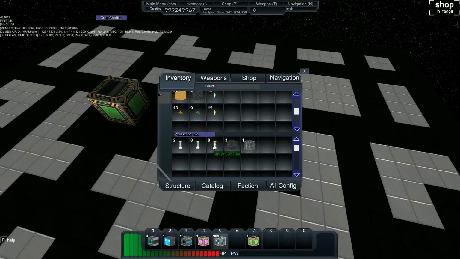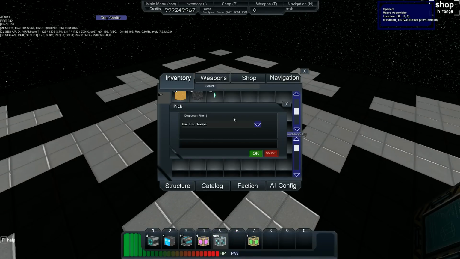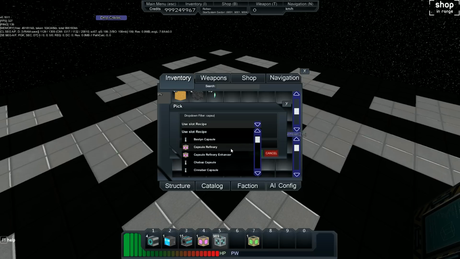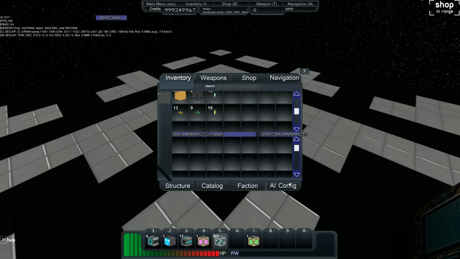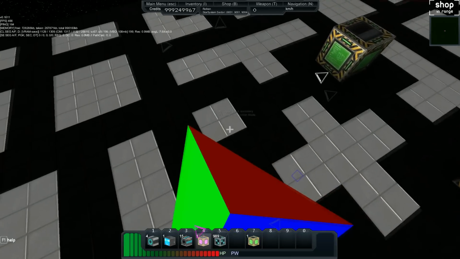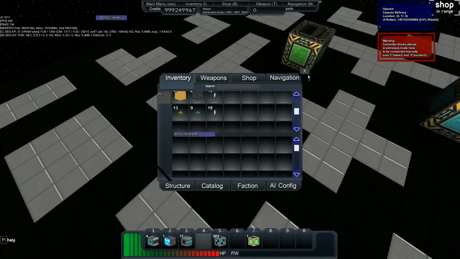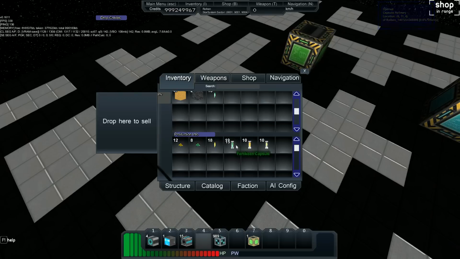it is you need. So we're going to go back to our macro assembler, and we're going to type in capsule, and we're going to look here, and we want the capsule refinery, and we'll take a look here. Yep, 10 and 10. So we'll assume, for the purposes of this demonstration, you go ahead and get that stuff together. Here's your capsule refinery, and now we can go ahead and put in this ore and these shards, and